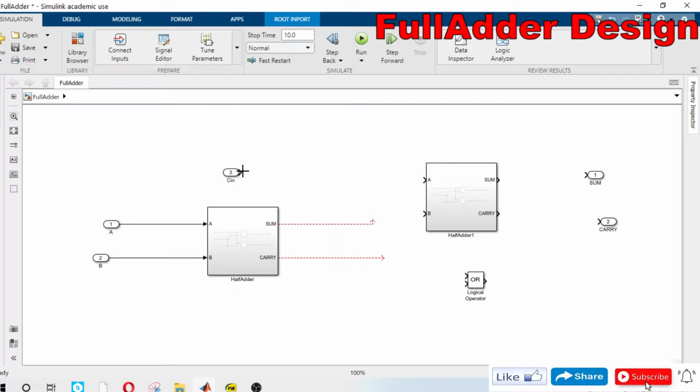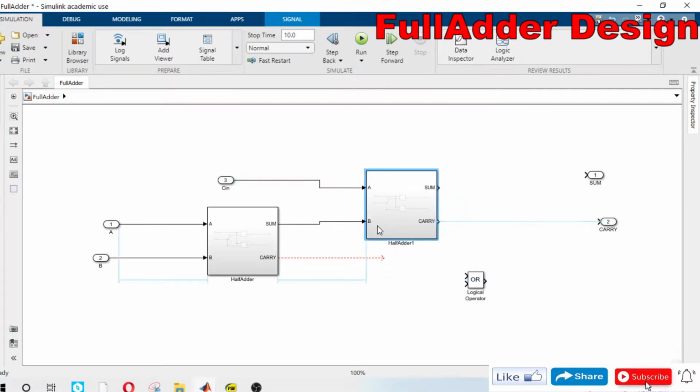I will connect this to the first input of the second half adder, and I will connect the first output sum to the second input B of the half adder. According to our logic, both carries should be ORed.